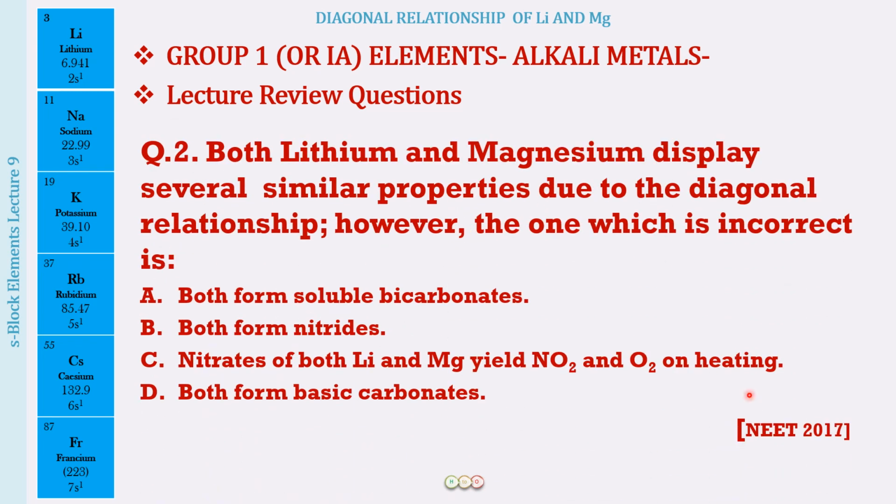The next question, this is a NEET 2017 question. Both lithium and magnesium display several similar properties due to the diagonal relationship. However, the one which is incorrect is: both form soluble bicarbonates, both form nitrides, nitrates of both lithium and magnesium yield NO2 and O2 on heating,